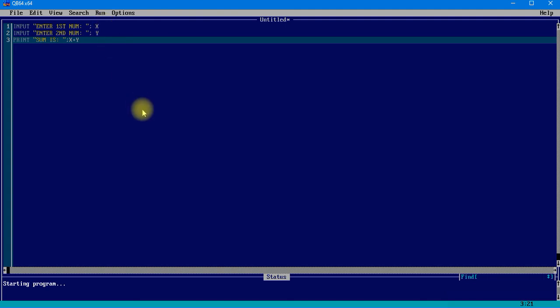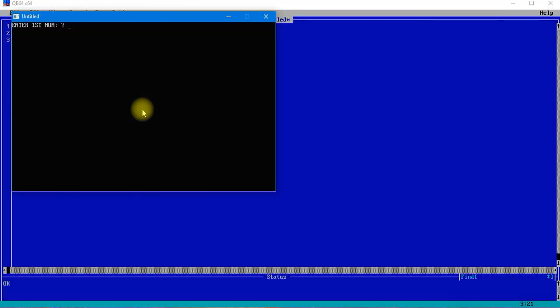So you will see in the window that it is asking for a number to be inserted. As you can see, enter first number, it is giving a question mark, that means it is asking for something. So let me give 10, enter second number, then it is asking me for another thing, let me give 50 over here, press enter. So it is saying sum is 60. So as you can see, this is how we can simply write our input program. That means this is how we can take input. Now I'll press any key to continue.